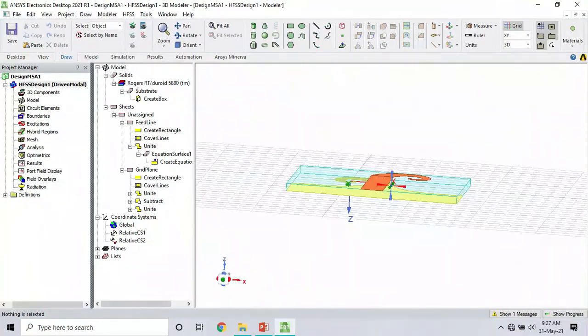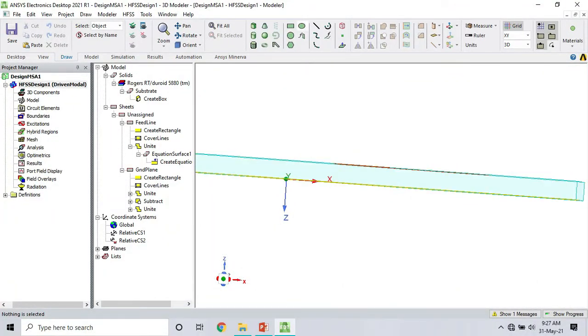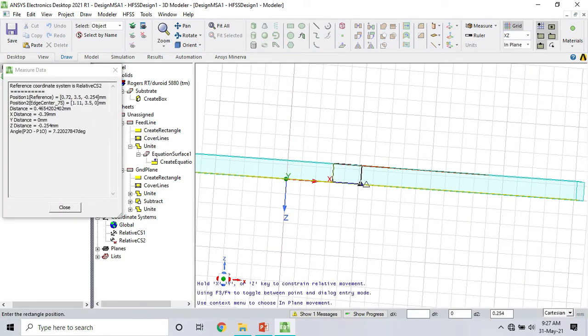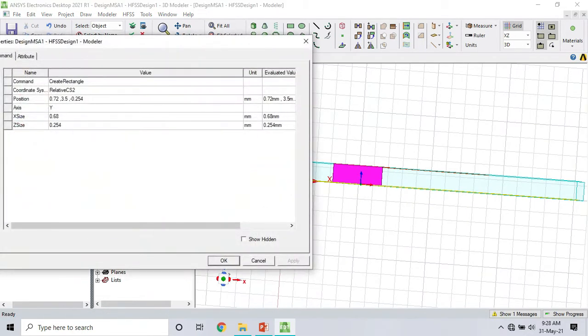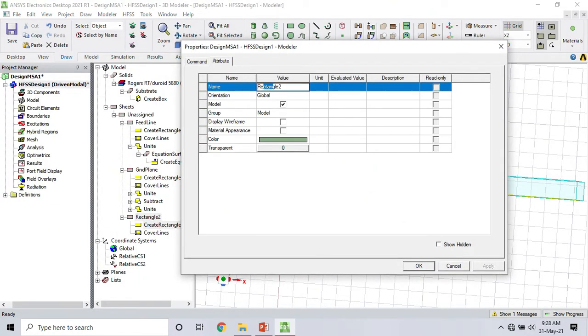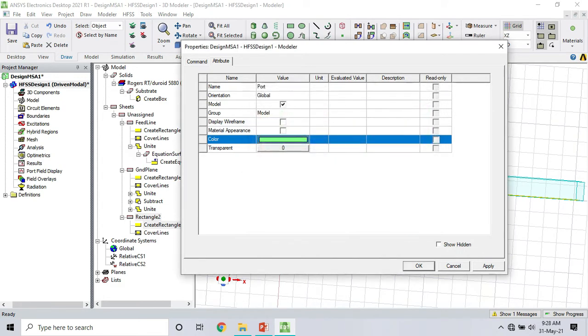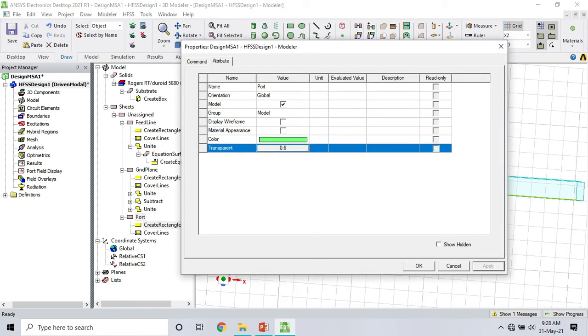Now we need to design one port here and in exact plane. Okay, click on it, properties, attribute, port. I would like to give it a green shade. Yeah, it looks nice, a bit of transparency. Apply it, and